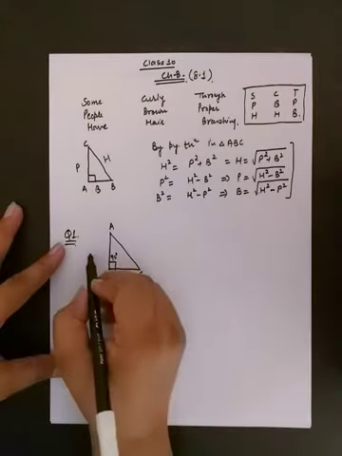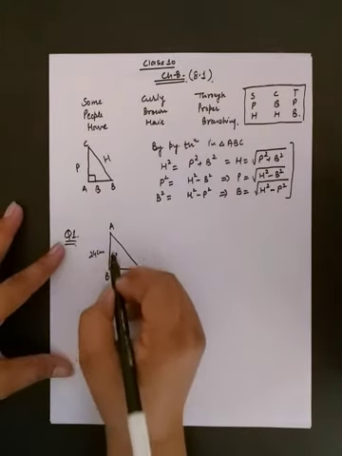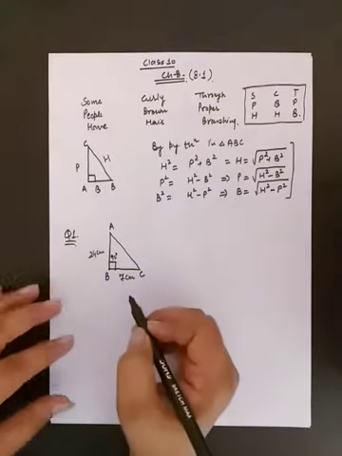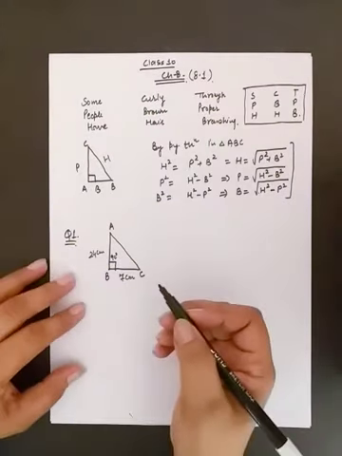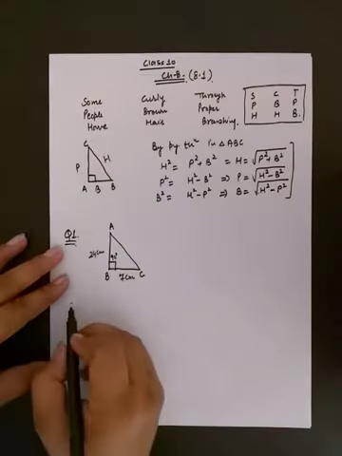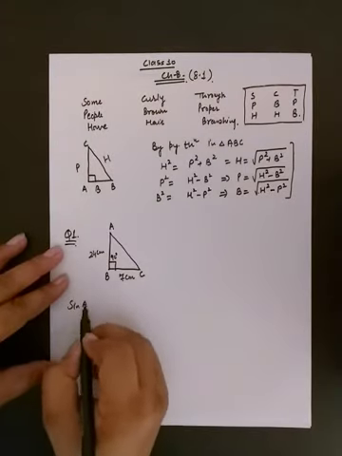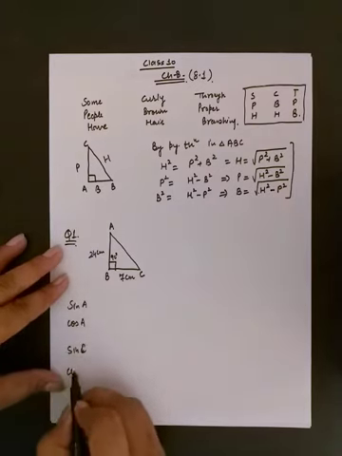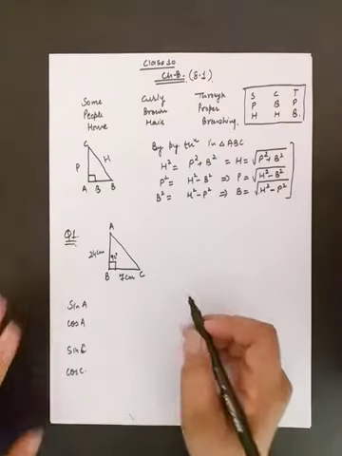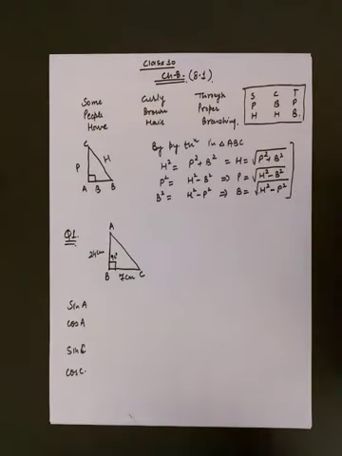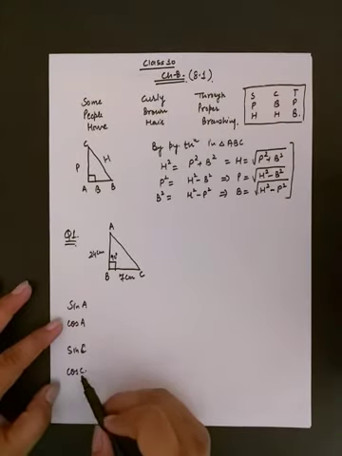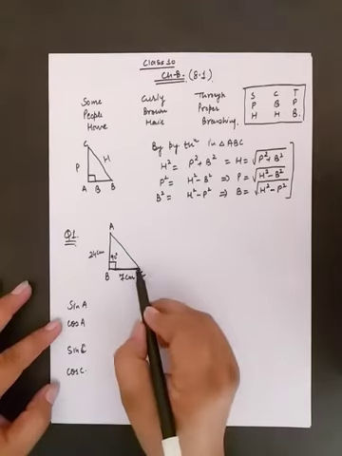Here AB is 24 centimeter. This one side is given to us and BC is given to us 7 centimeter. And we have to find sine A, cos A. We have to find sine A and value of cos A. Also we have to find sine C and cos C. So the figure which we have drawn, from this figure we can find the value of sine C and cos C, because angle C is in base.